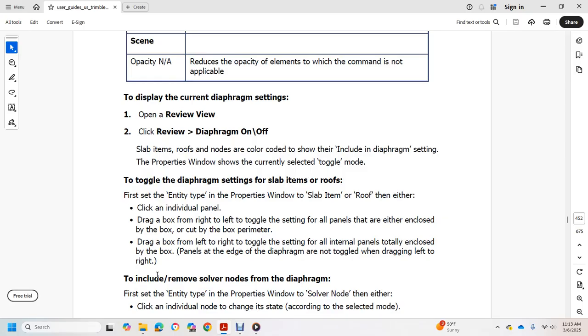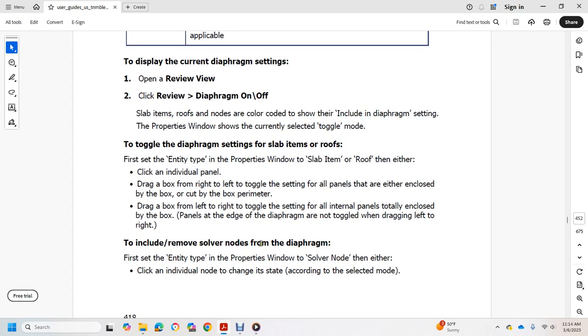Or drag a box from the left to the right to toggle the setting of the internal panels totally enclosed by the box. Panels with an edge of the diaphragm are not toggled by dragging left to right. To include, remove, or solve the nodes of the diaphragm,